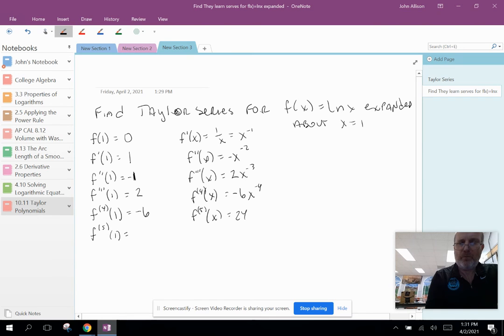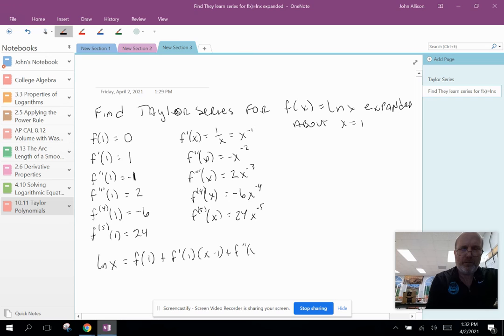It's going to be 24 times x to the negative 5, or 24 over x to the fifth, which again is just 24. So let's take a look at what's happening here. We see that this is the Taylor series expansion for ln x. This is saying that ln x is equal to f of 1 plus f prime of 1 times x minus 1 plus f double prime of 1 times x minus 1 squared over 2 factorial